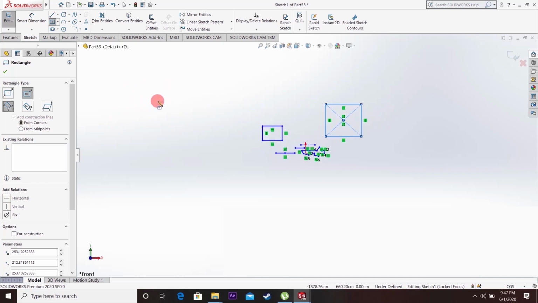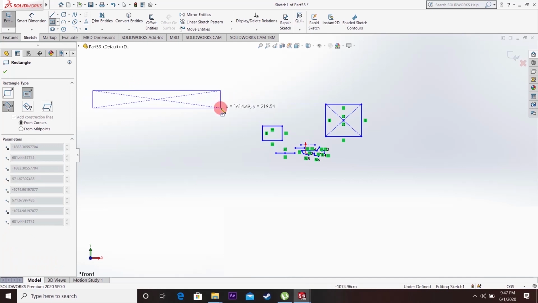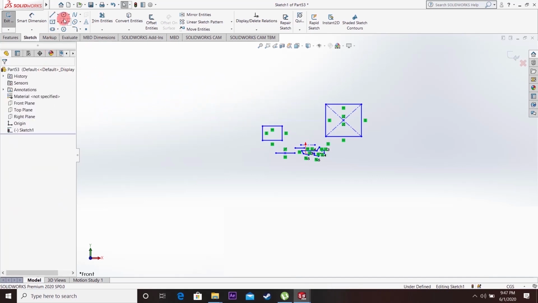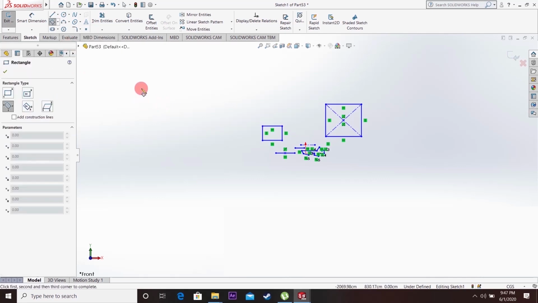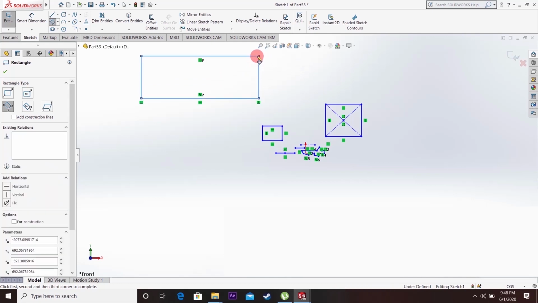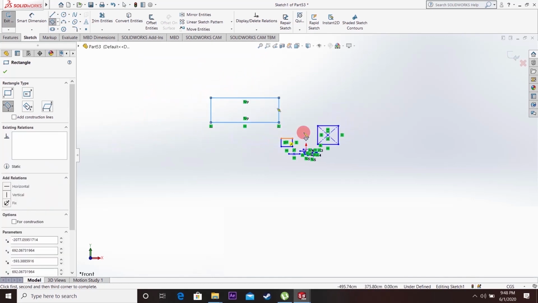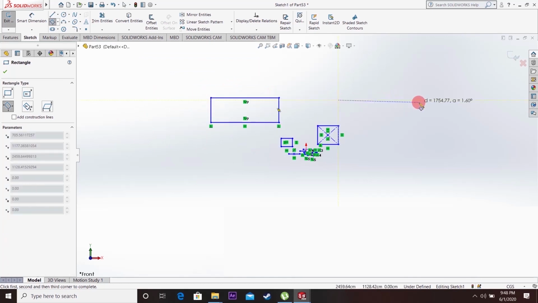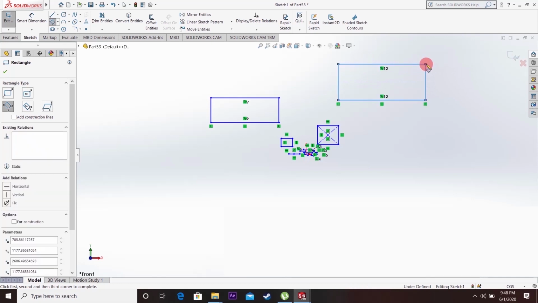In the perimeter rectangle, the first 2 points you specify will be the base line, and the next point, that means the third point, will specify the width of the rectangle. Just like this. So the first line will be the baseline, and the second line will be the height.